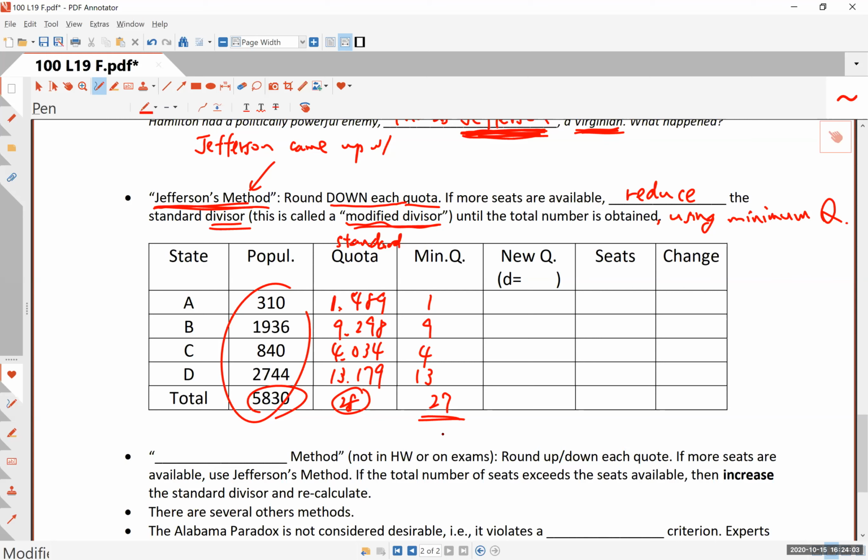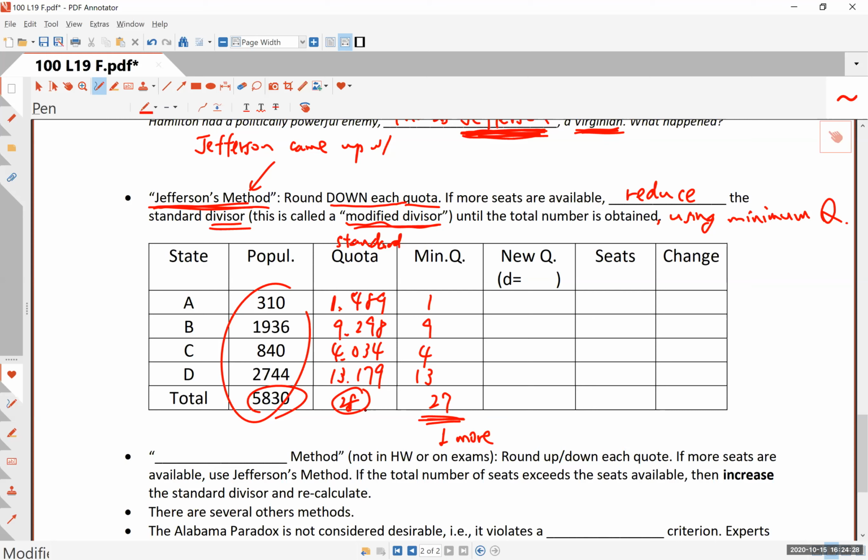That was the problem, right? We need one more seat to be filled. Who is going to get this? Okay. Now, instead of looking at the remainder, listen really carefully here. This is the difference between Jefferson and Hamilton. Jefferson basically came up with something that had to be different from Hamilton's method, and it had to be reasonable. So his idea was, well, the reason this adds up to 27